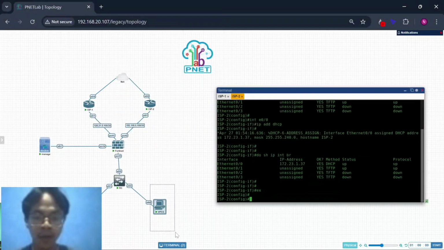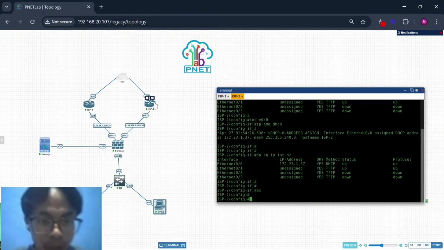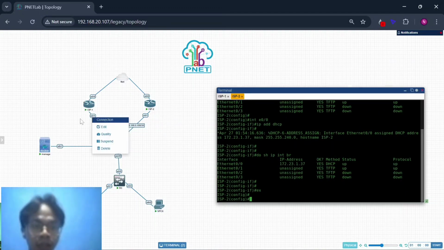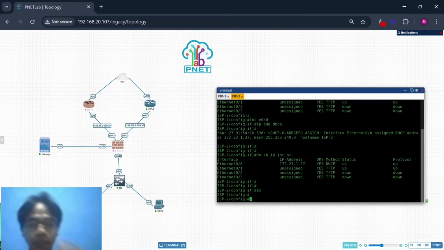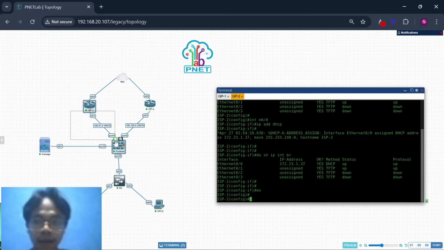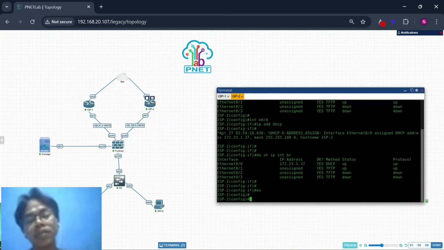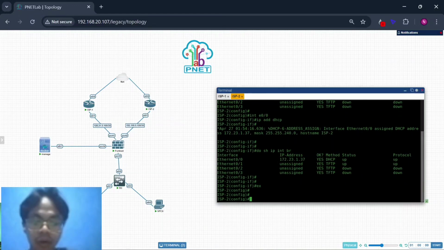And for VPC6, go to the internet from this site, from this SP2. So if the link interface in this site is done, then this VPC can reach this interface or switch the connection from this router to this router, so it can connect to the internet from this router.